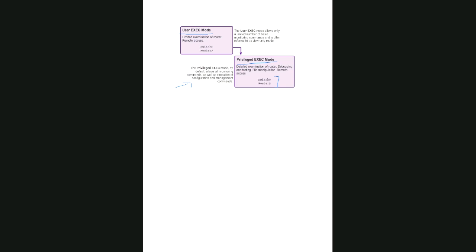But when we are in user access mode, the symbol will be like this, greater than, and we cannot write any commands. First of all, to change any particular settings of a router, we have to switch from the user access mode to the privilege access mode. That's how our requirement will be done.